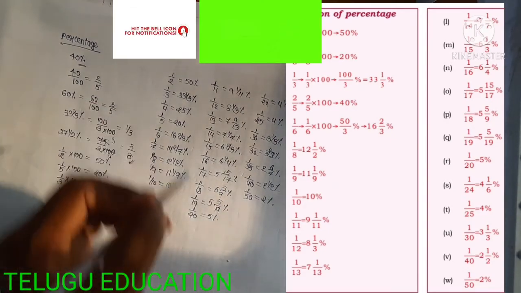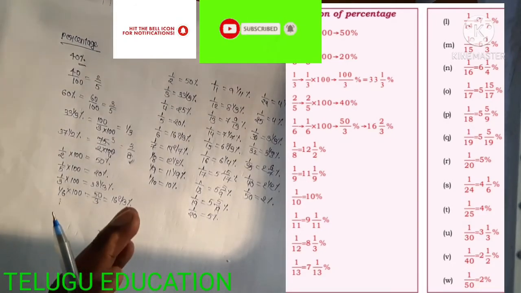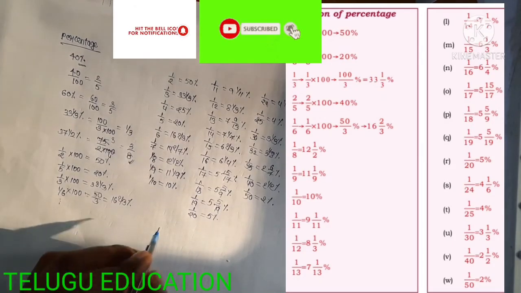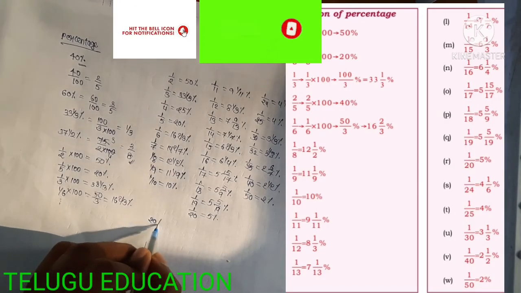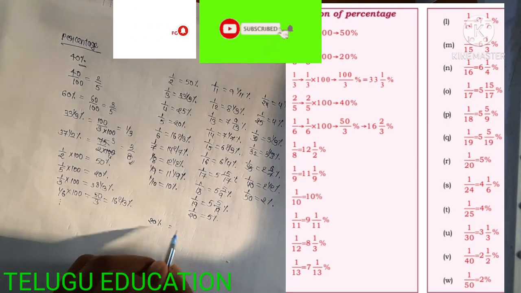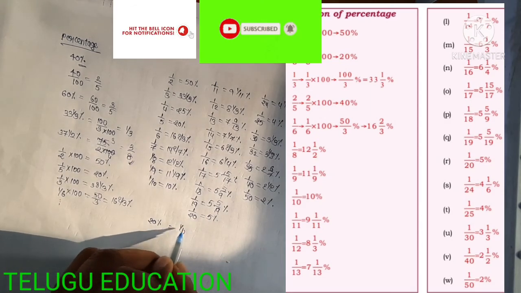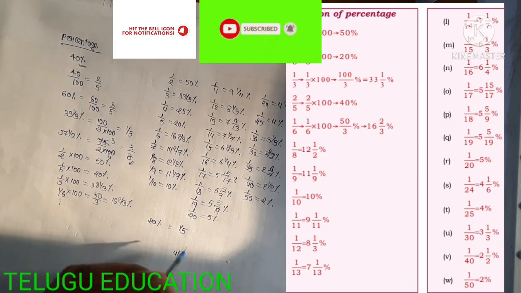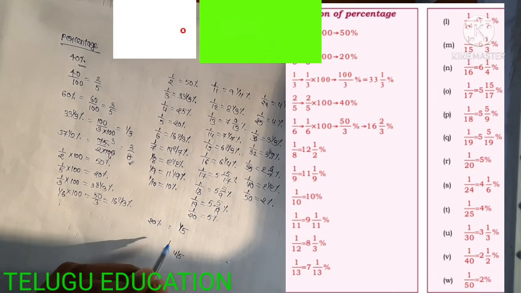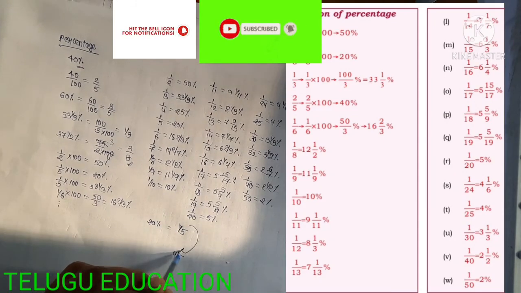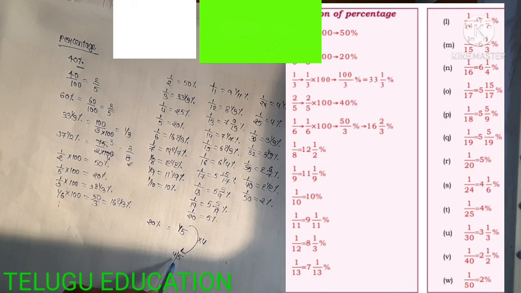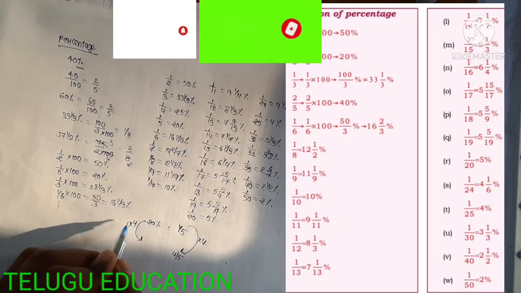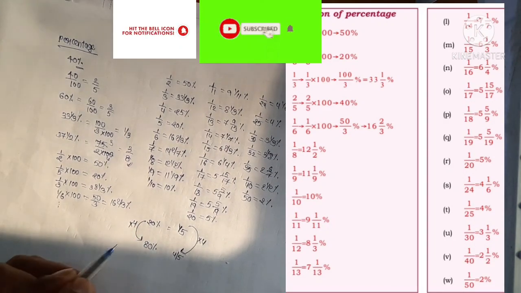Okay, so please remember these values. We can do the calculations very fast. Okay, so what is the value of 20%? So 20% is equal to 1/5. Okay, so what is the value of 4/5? So 1/5 can be multiplied with 4, then we can get 4/5. So multiply the 20 into 4, the value is 80%. Okay.